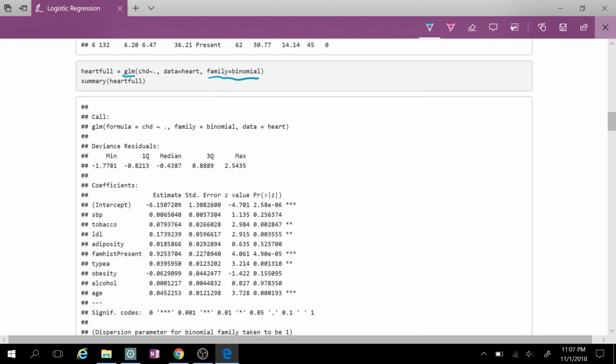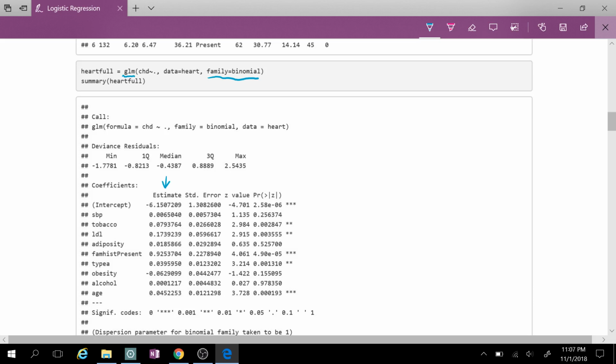And first we're going to see this coefficient matrix. The first column is the estimated coefficients. We have the intercept and the coefficient associated with each of the features. The interpretation is the same as in a regular lm. For example, for SBP, we will say, well, if we increase SBP by 1 unit, we're going to increase the response by